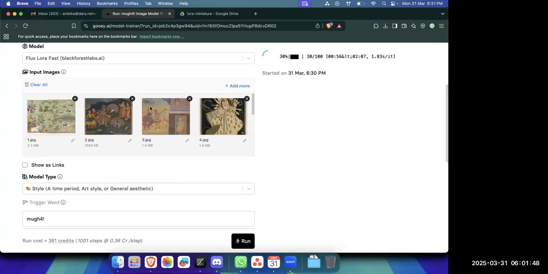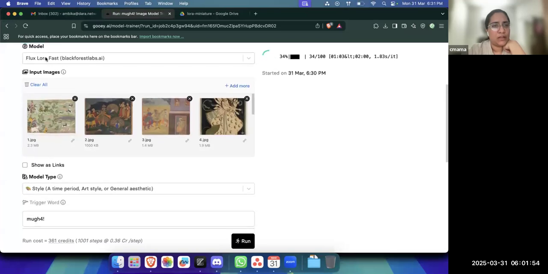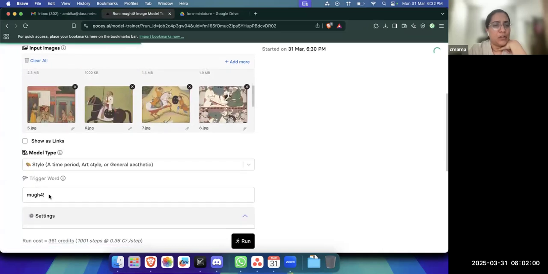So we have to create a model, basically. Train a model. Yeah. So you just put it on Flux LoRA Fast, clear all, upload your new images, put a style, put a trigger word,